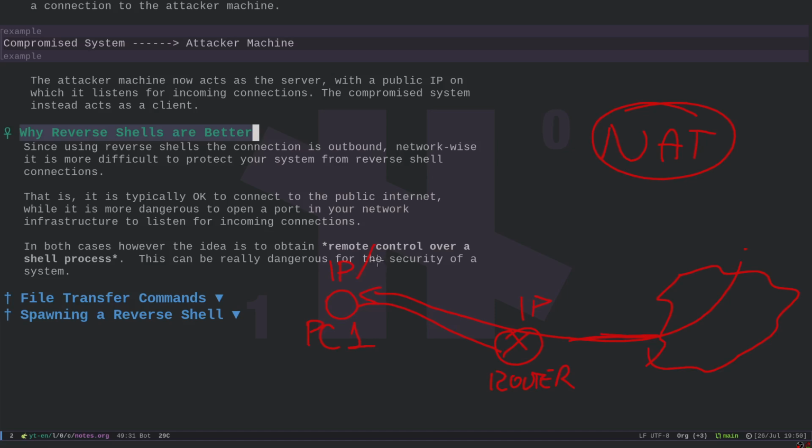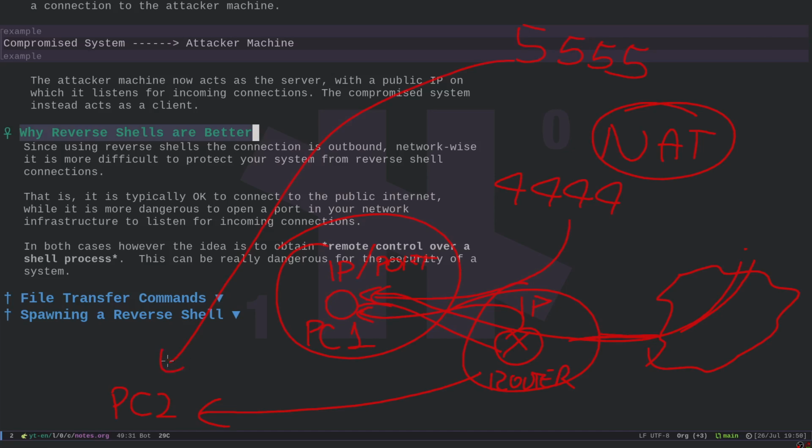If I open an endpoint with IP and port, and from the public internet I connect to that specific port and the public IP of the router, of course the router will not know that this packet has to be delivered to this particular computer, because there could be other computers listening. So there has to be a specific router configuration which allows for inbound traffic and which allows for the routing of said traffic. Because the router has to understand, okay, if you listen on port 444, you have to route it to PC1. But if you listen on port 555, you have to route it to PC2. And all of this to